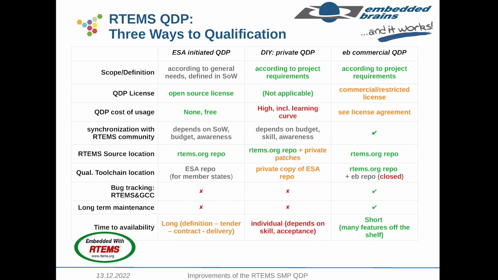In the morning we've seen some projects who already use the ready-to-use QDP. It's fine, and it's nice to see that it's productive. But we have seen many requests from various parties to extend the qualification, to move it to a different architecture or whatever. And we see three ways to come to a future